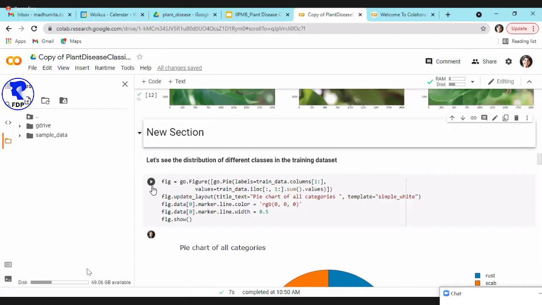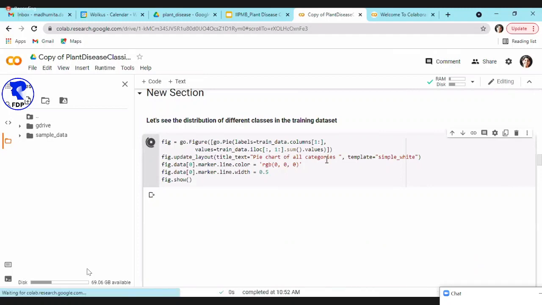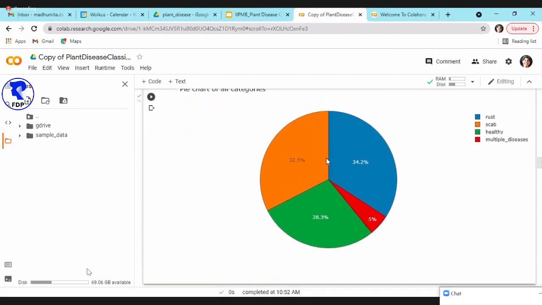Let's see the distribution of different classes. Healthy, scab, and rust are sort of equally distributed, but we have very, very few examples of multiple diseases.